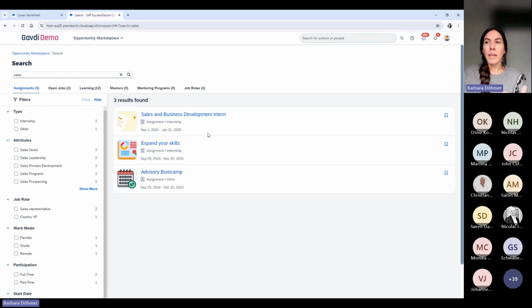Okay. If he finds something that might be of his interest, but he has not decided yet whether this is right for him now, but he wants to keep an eye on that, he can also bookmark opportunities.